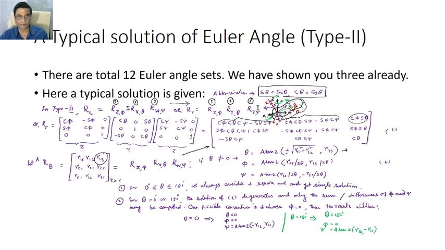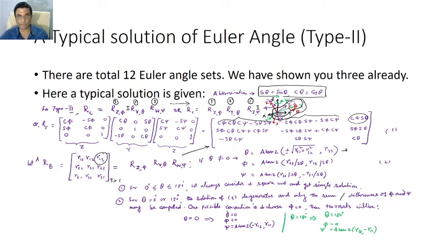Okay, because these are all the solutions, right? So we are now constraining theta between 0 and pi. So we'll take the positive sign only, and we'll get this as my solution. Now, what will happen if theta equals 0 and pi? The solution of 2 will degenerate, problematic, and only the sum or the difference of phi and psi can be